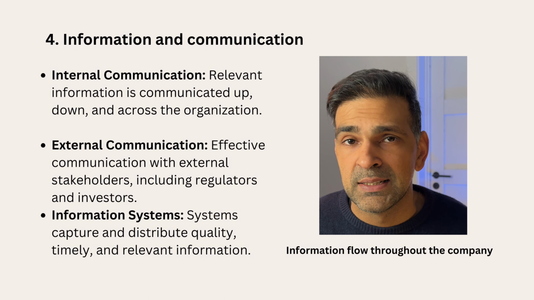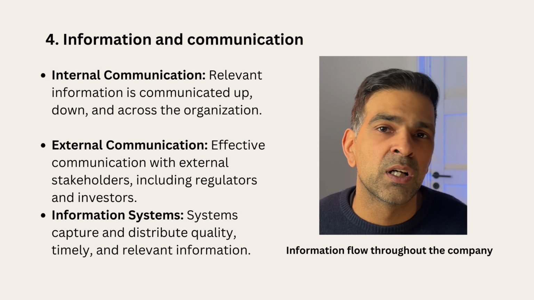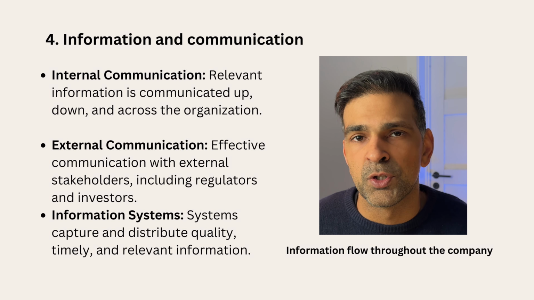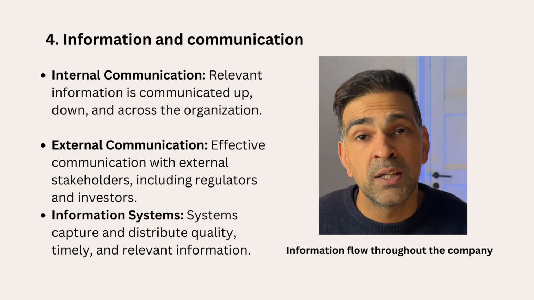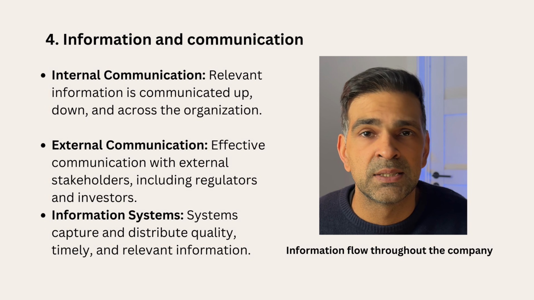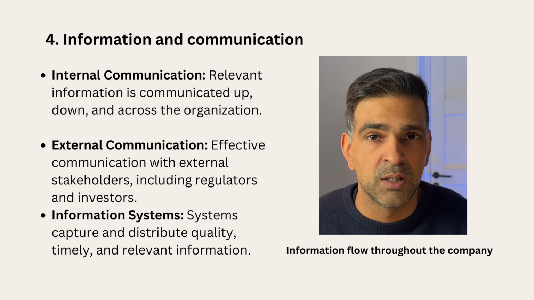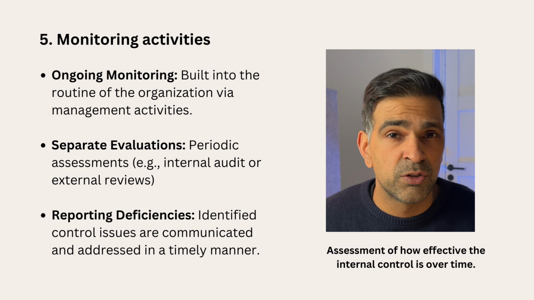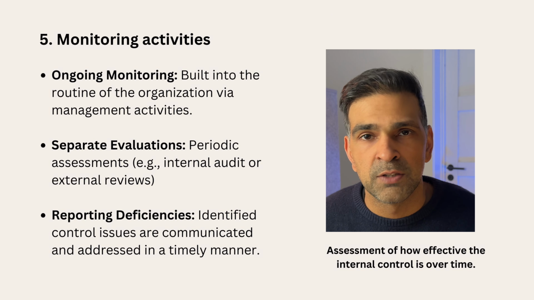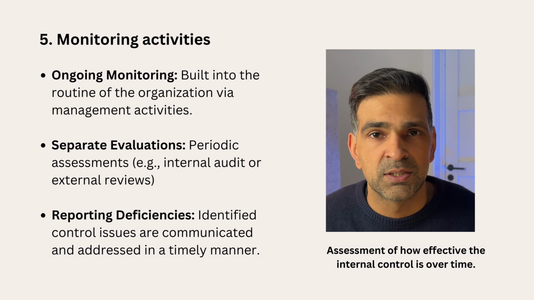The fourth component is information and communication. Information coming from the CEO should be easily dispersed and understood in all parts of the company or organization. Things that are happening in different parts of the company, and all of these meeting places and structures that are usually in place in a company. The fifth component is monitoring activities. Now these activities could be baked into your company already, like management following up if certain control activities are being performed, or they could be external activities, so a third-party auditor coming in and making sure that all the controls are working and that people know what they're supposed to do and that everything is working fine.